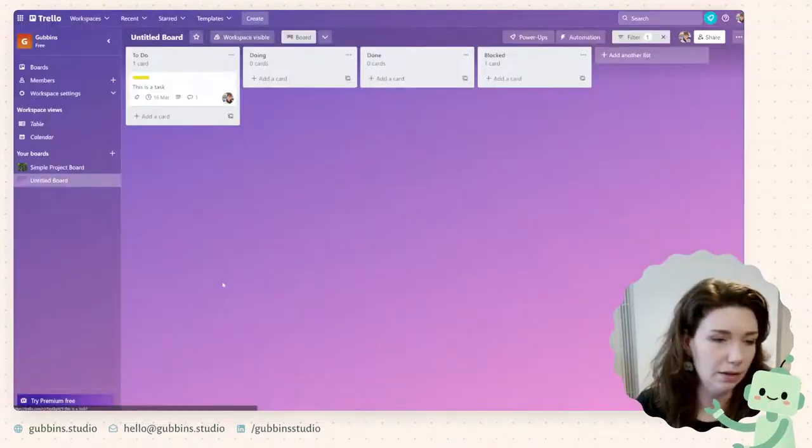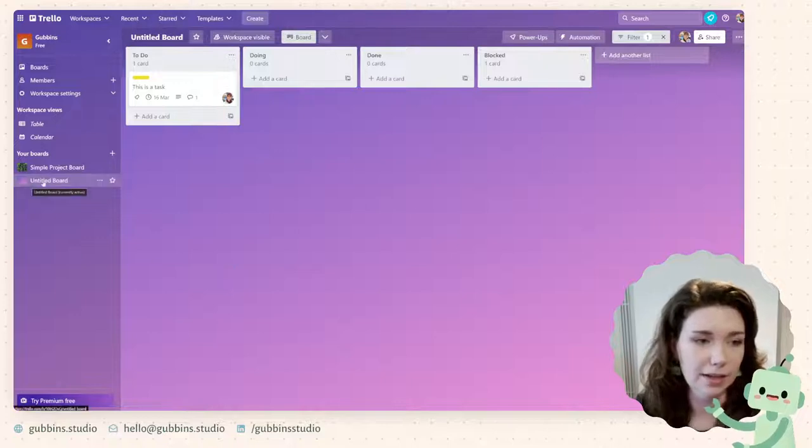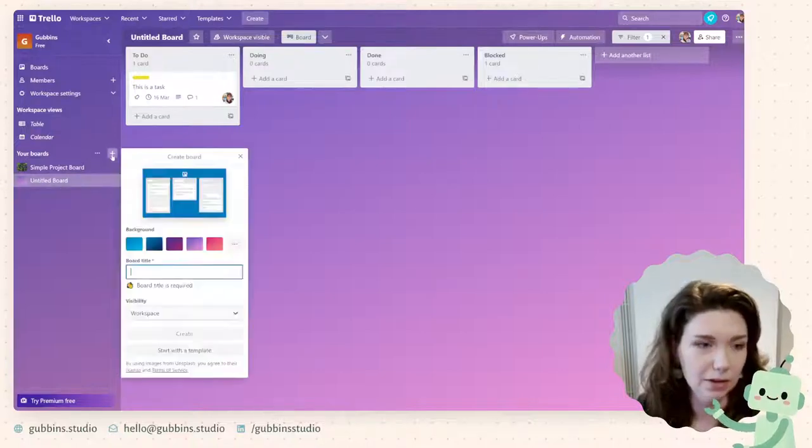And then the other direction for hierarchy is, I suppose, if you were working on different projects in Trello, you could create a board.